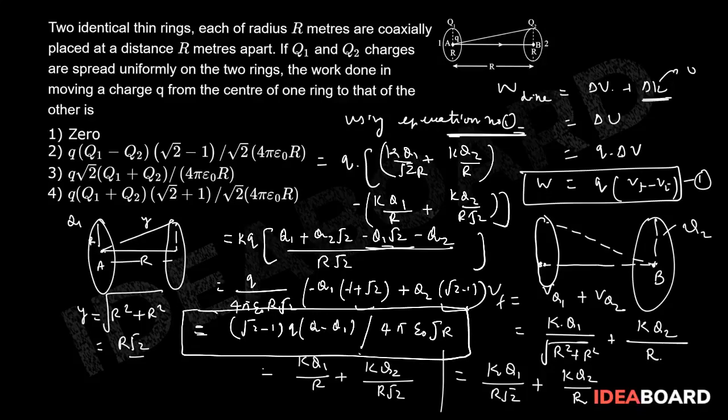Here I am getting Q2 minus Q1, but there is no option which is Q2 minus Q1. One option is Q1 minus Q2. There is no problem at all, because it depends on the magnitude of which charge is smaller and which is larger. Suppose Q2 is greater, then obviously this value will be positive and the other negative. They have just taken U initial minus U final, but the right format will be delta U, U final minus U initial. So this option will be the correct one. If there is no other option available, then option number 2 should be the right choice.